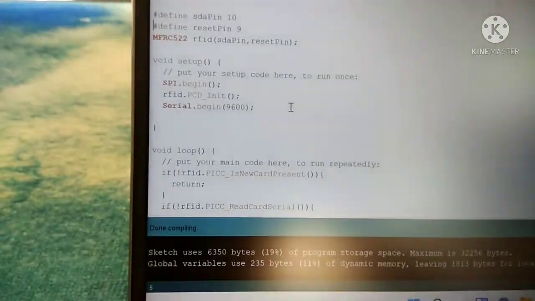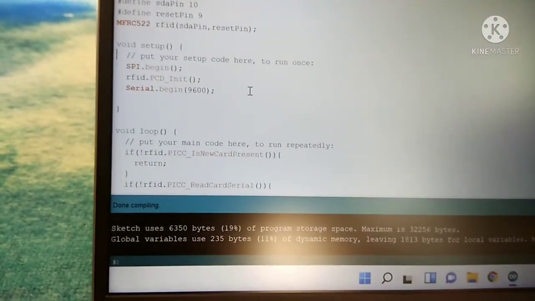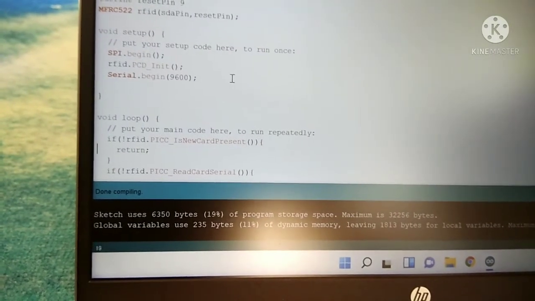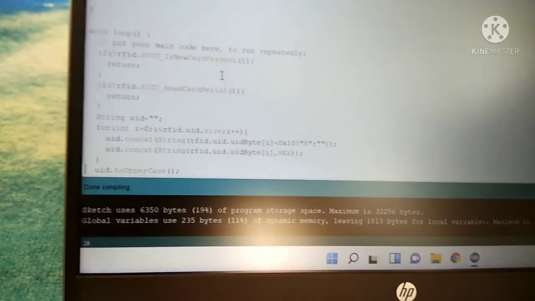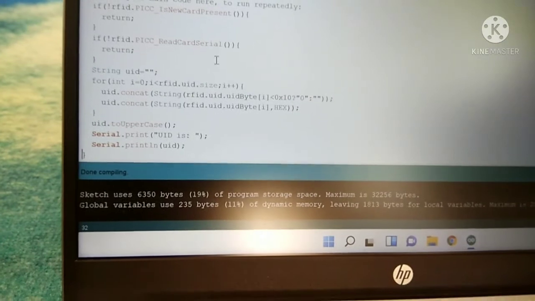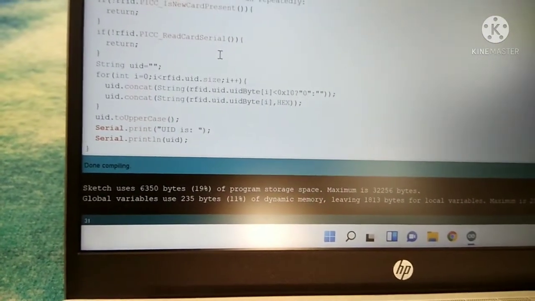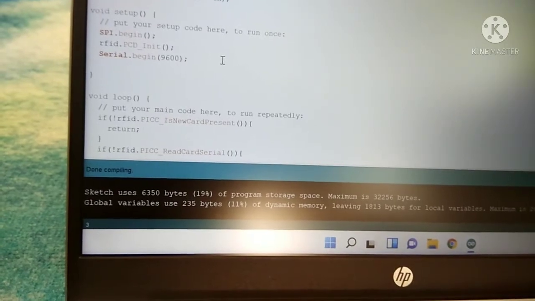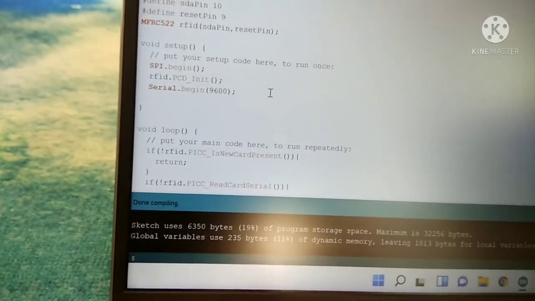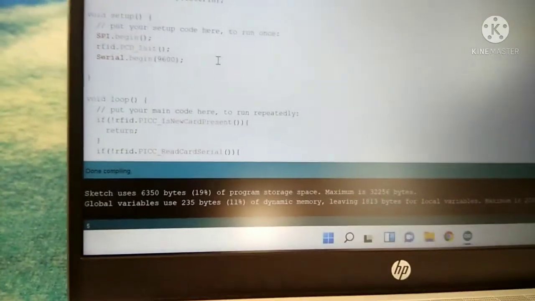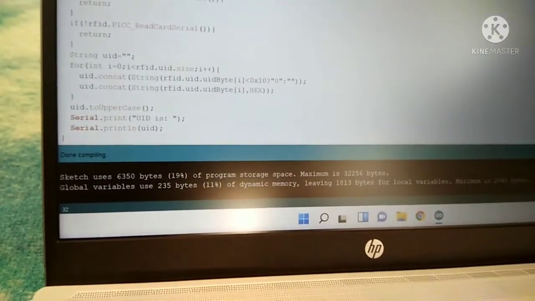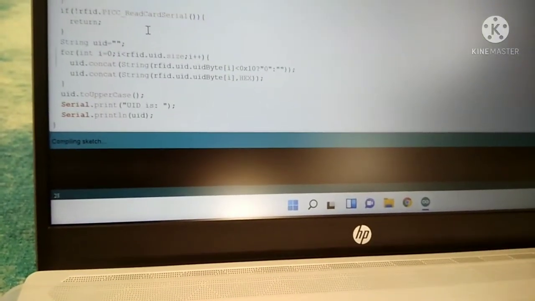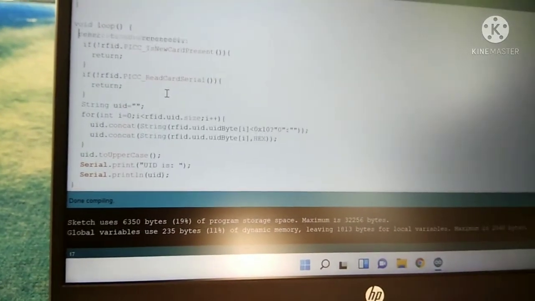So a few things which I have changed is that I have defined those pins instead of using const int, so that's pretty better. Then RFID, that's the same. Everything else is exactly the same. The only thing which I changed is that I simply changed the SDA pin, and I currently can't show you exactly what I have changed by using Control Z. Okay, so I can't show you, so that's okay. That is the only thing which I changed, and everything else is correct, so I'm pretty happy.